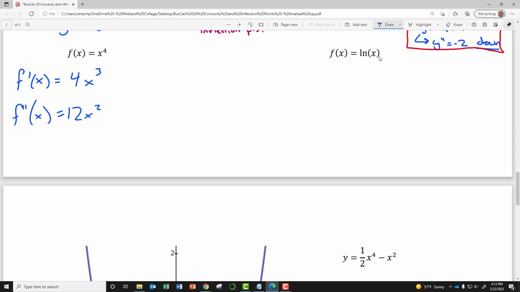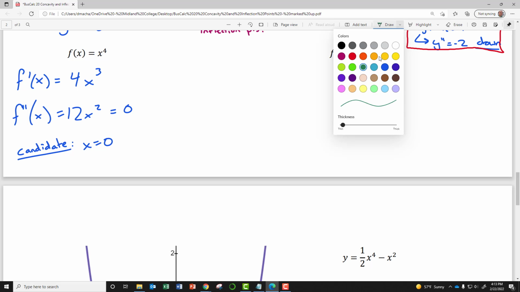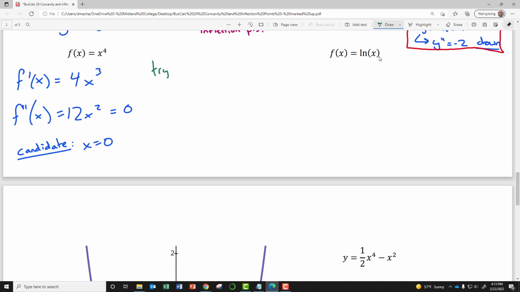So setting the second derivative equal to 0 gives me a candidate inflection point, something that might be an inflection point whenever x is equal to 0. Putting in x equals 0 is going to give me a second derivative of 0, so that might be an inflection point. Of course, it might not be either, but let's see if it is by trying